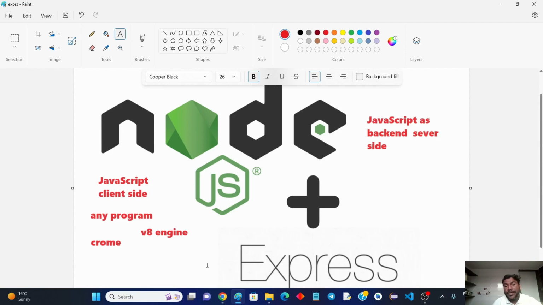Okay, fine. But what if we want to run the same code on the server side? When we are talking about the server side, that means we need some kind of environment at the server side. In short, just remember: without a browser. What if you want to run JavaScript without a browser? Then we have a question mark. At that time, we need some technology that provides a JavaScript environment to run JavaScript